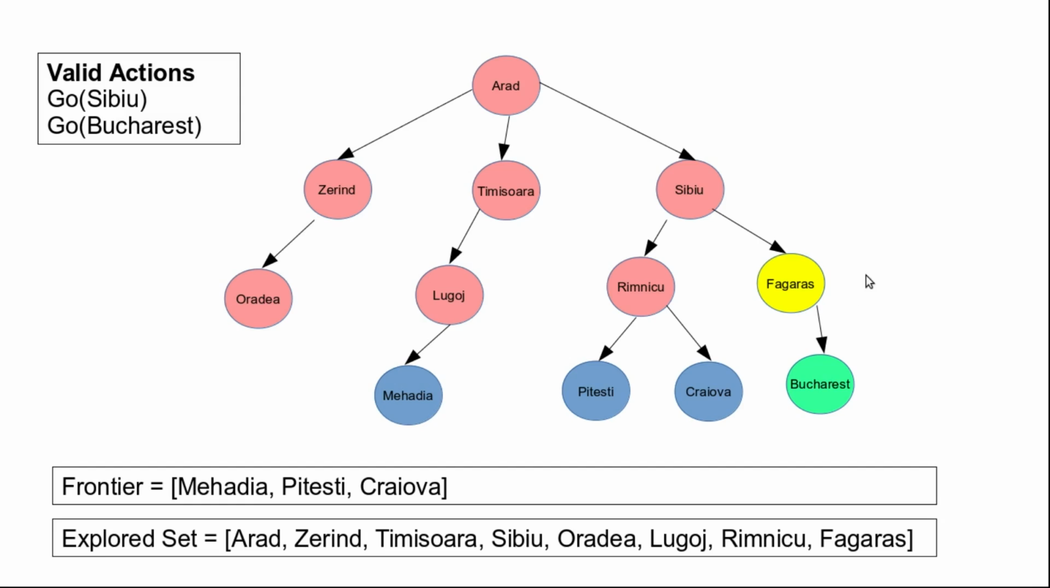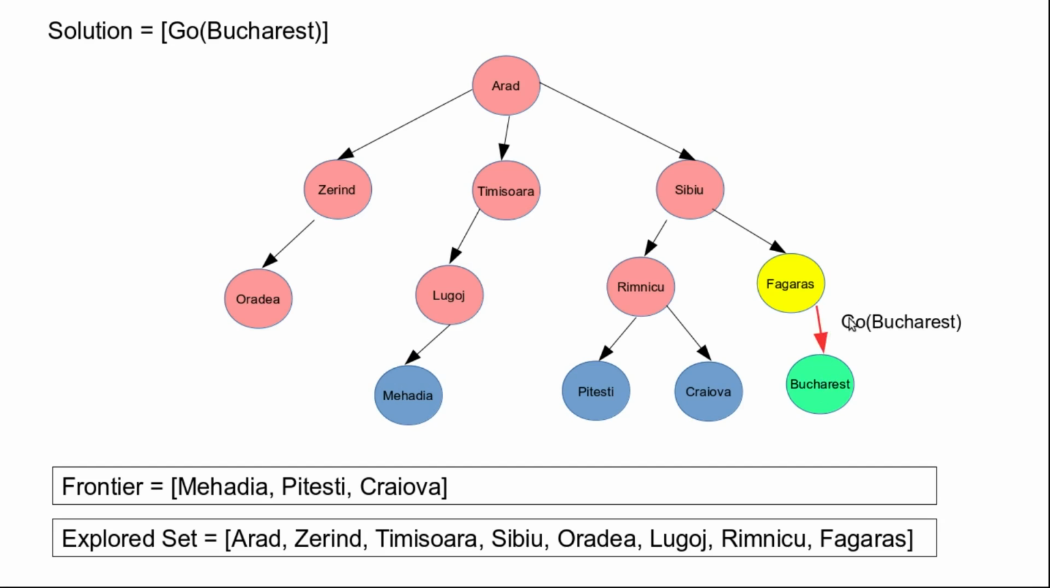To provide the solution, since this is a goal node, we'll start from the goal node and go to the parent. What was the action on this edge? It was go Bucharest. When we perform the action go Bucharest, we reach this node. So from Bucharest we reach the parent Fagaras, and from Fagaras, what is the parent? The parent is Sibiu. So you have to find out what the action was here. This action was go Fagaras,